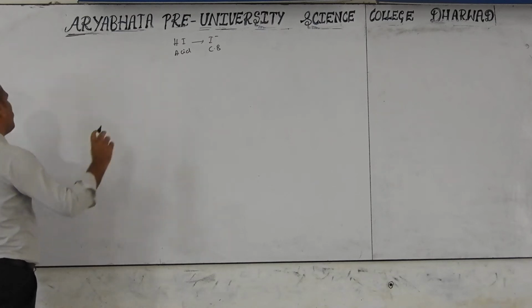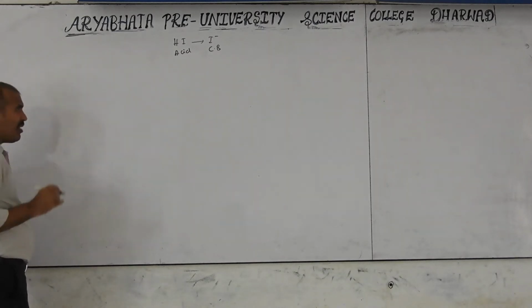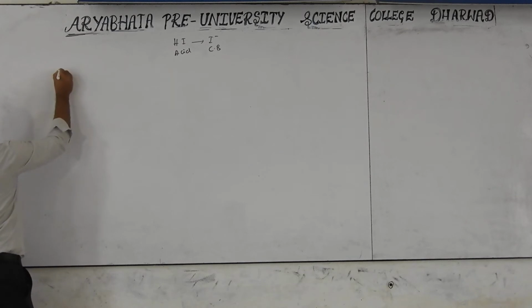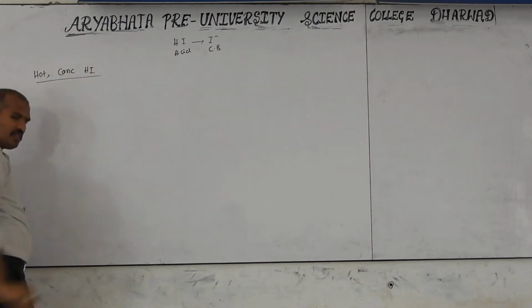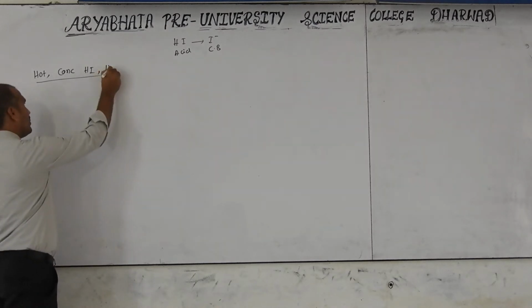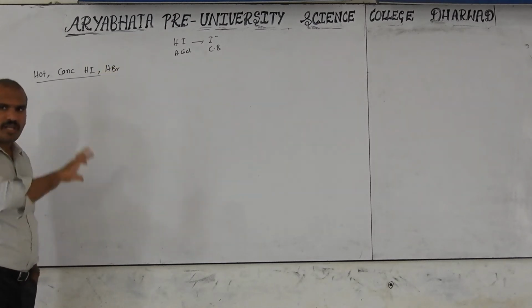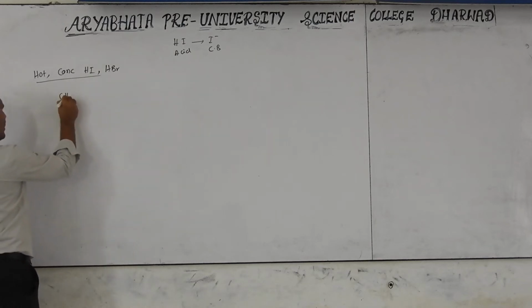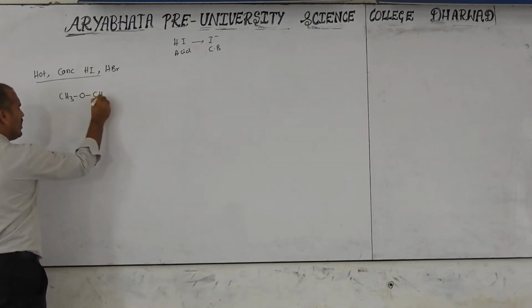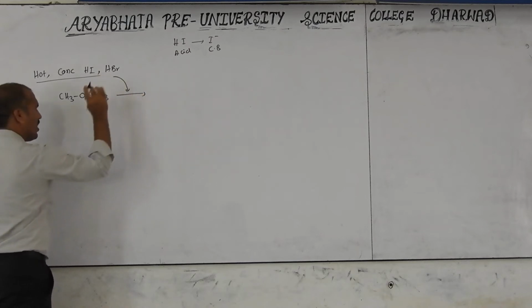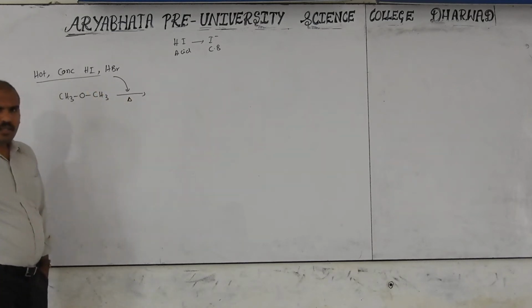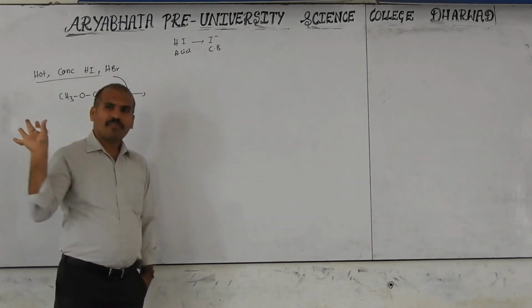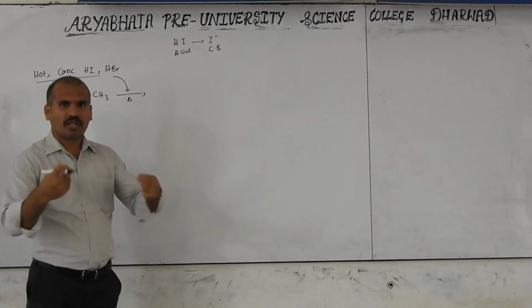Now I will discuss a few reactions, to remove your confusion. I will write first concentrated HI condition or HBr condition. Anyone, whatever you want, you can utilize now. Now I will take the simple one here: CH3OCH3 reacts with this condition. I will not write all of it, only this, and heat, similar to the given condition. When concentrated is there, there is no confusion for this. Both sides should be I, and a water molecule eliminated.